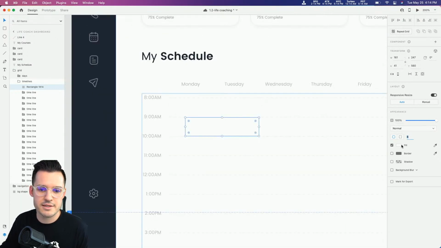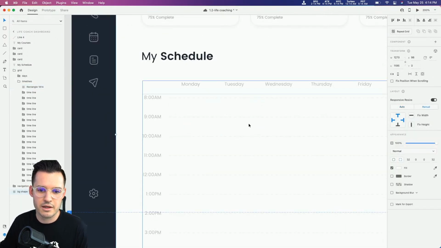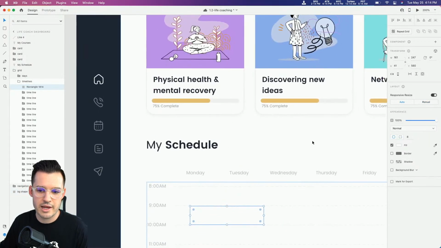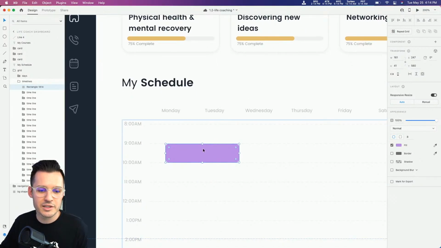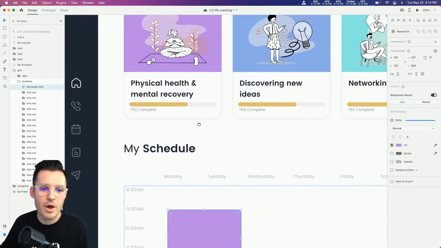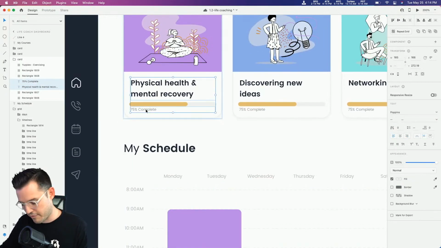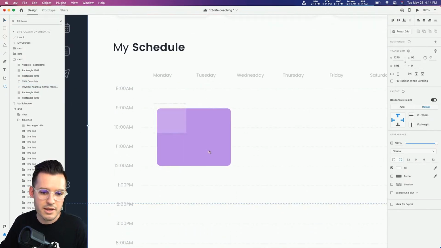Let's fill this with a fun color. We should just drag down. I'm going to hit I, and that just brings up my little eyedropper tool. I love that. That's such a quick, easy little thing to do. So this is a little hour-long appointment, but we could stretch these things to be multiple hours, something like that. And why don't we reuse some typographic styles that we have in our card up there,